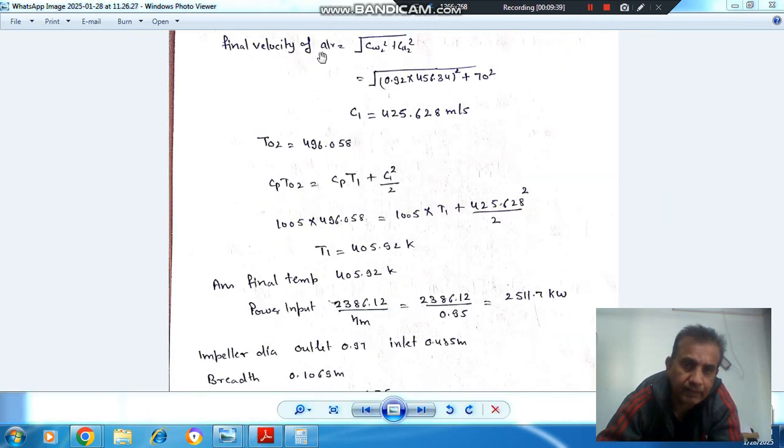Now the final velocity of air at outlet is the root of the whirl component square plus the axial component square. So that comes as 425.68 meter per second. And T02 we have calculated as 496.058. So from this relationship, Cp T02 plus Cp T1